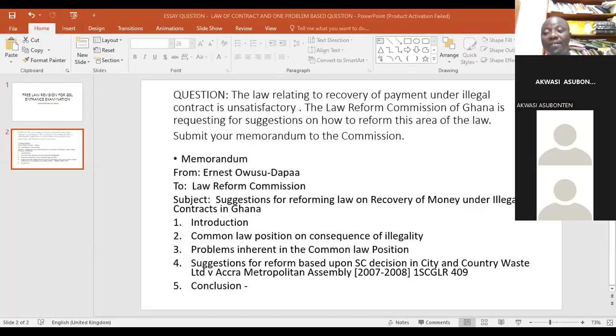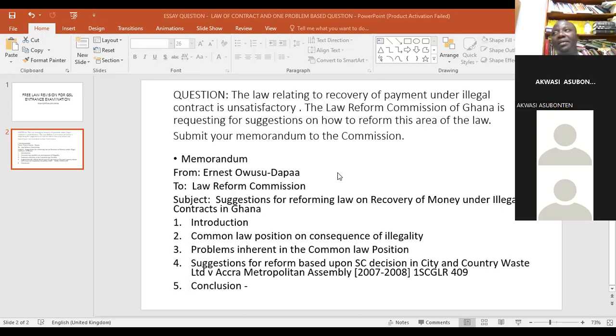Now, having said those things I said before, there was that connectivity interruption, then we make the point that in this memo, you propose to share some few ideas or suggestions which could shape the reform which the Commission is embarking upon. So you shall do this first by stating the common law position on consequences of illegality,